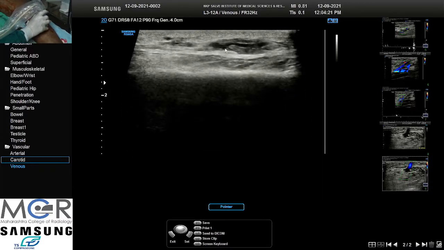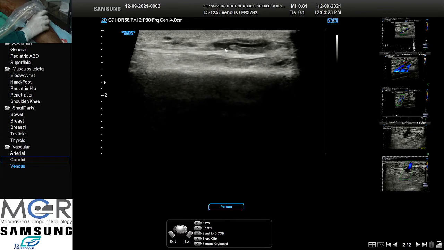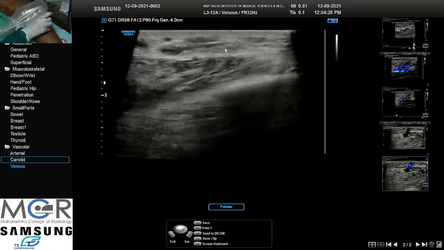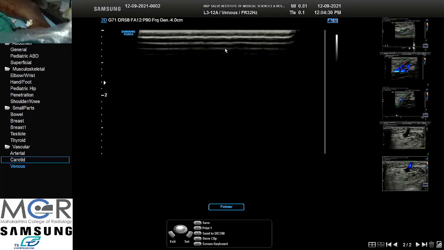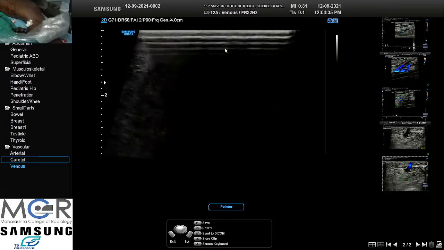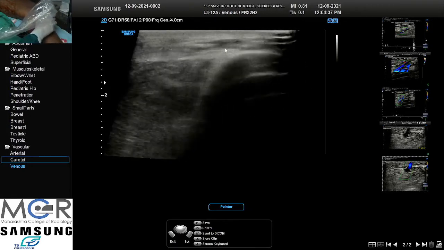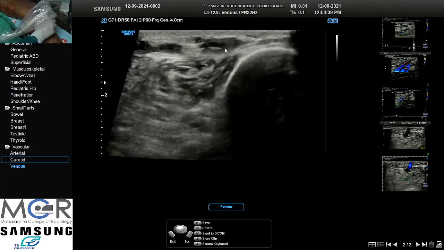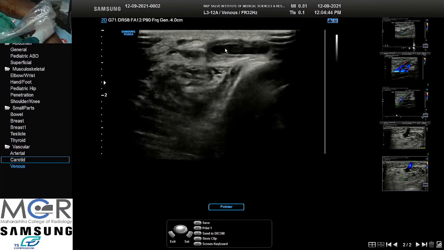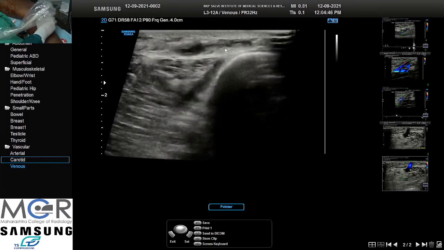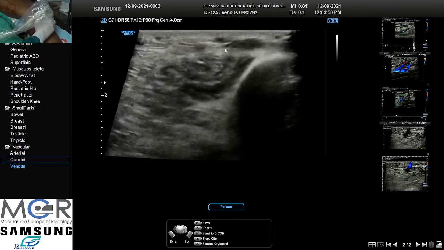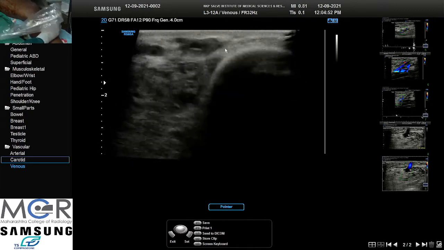So it is just the ablation procedure, or do you do anything else? For such tortuous veins, we have to do sclerotherapy also along with it. So we will select one dilated tributary. From that we will inject the sclerosant, and it will spread to all the tributaries. So you need to use a tourniquet? Yes, because you have ablated, you don't expect anything to move up. We have to use a tourniquet.